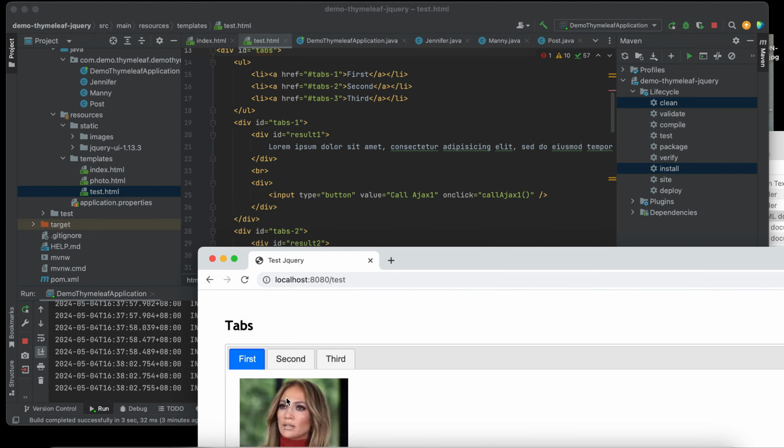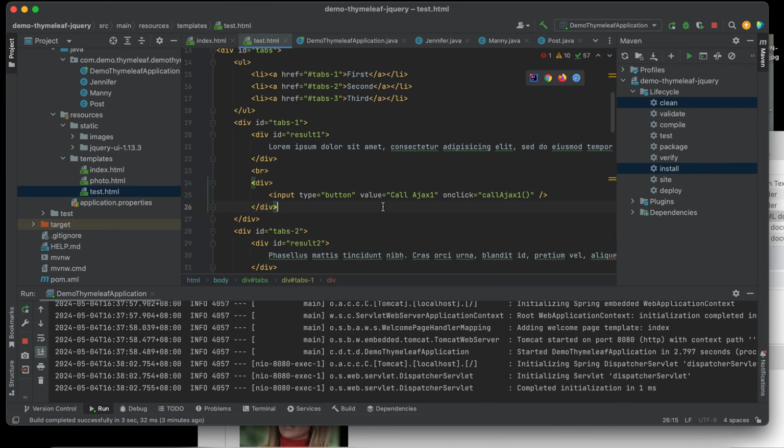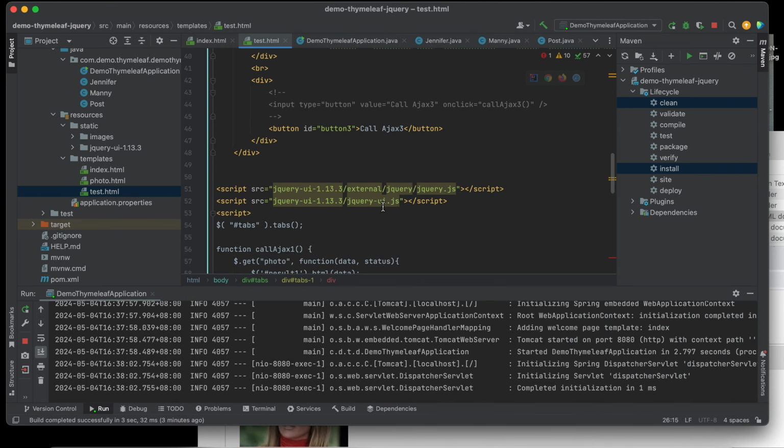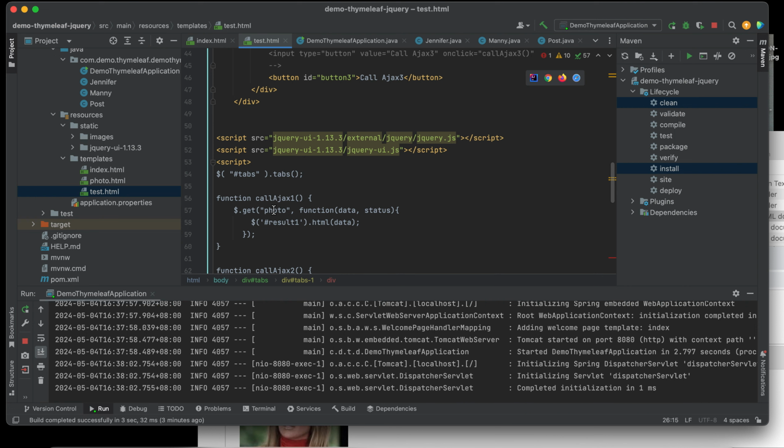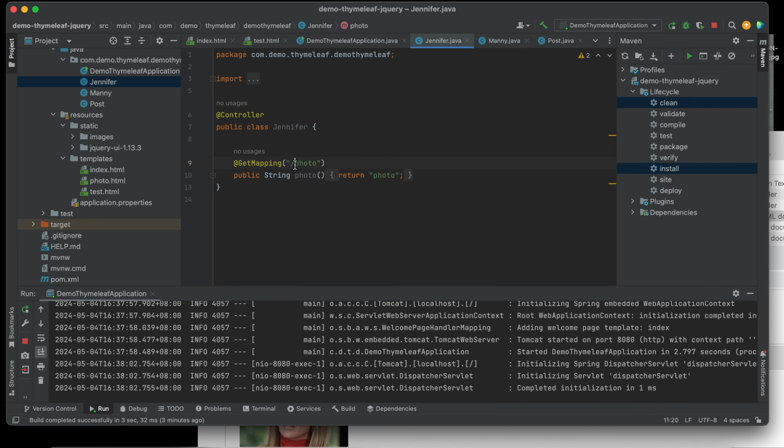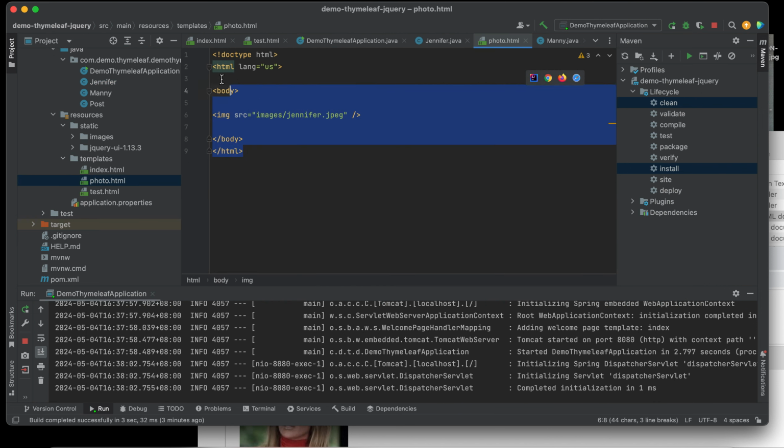See, it replaced the existing content. When we go to Ajax one, how do we call that? This is the one. Basically, we hit this endpoint, which is photo. In our controller there is a photo endpoint, which is this one, and this will return photo HTML, which is this one. Inside this HTML is an image of Jennifer Lopez. That's why we see this